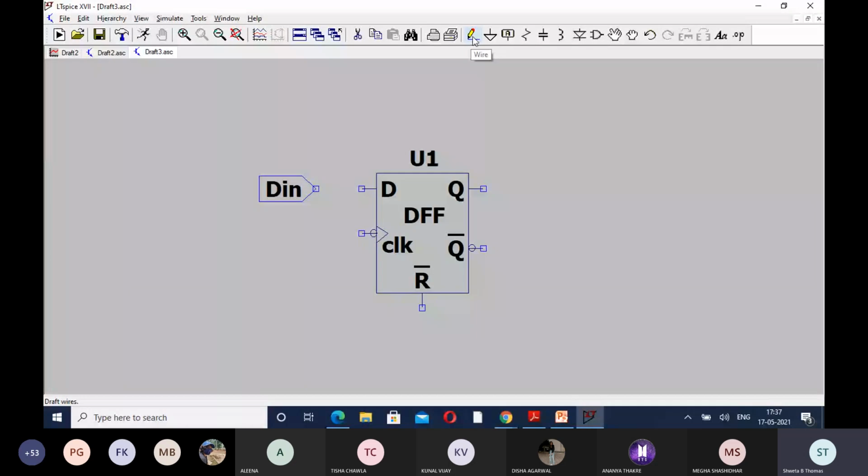Before that, we can connect it. We can take one more.